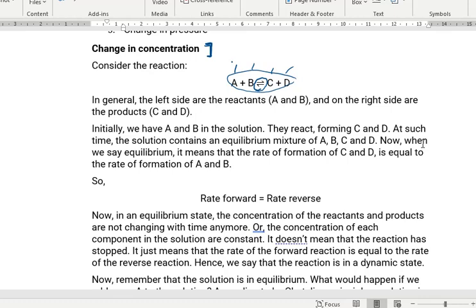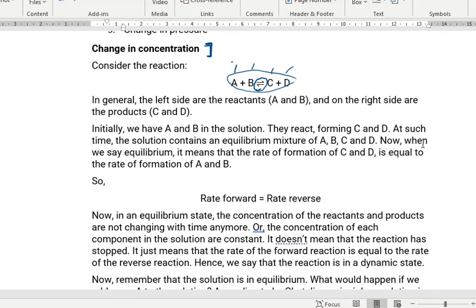So, initially, we have A and B in the solution. Diba? Initially, naratay A and B. And then, ang A and B, they react. And then, they form C and D. Now, until such time, pareho atong sa N2O4 and O2 nga system, until such time nga, dili na mo change